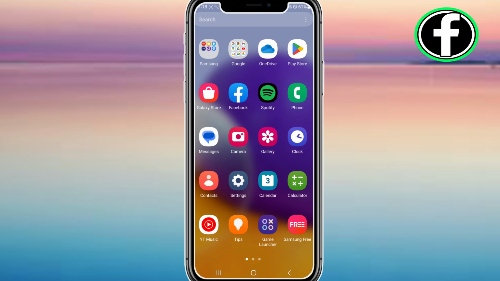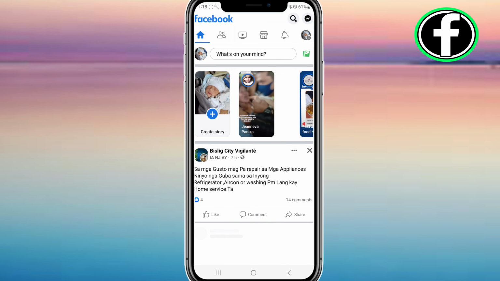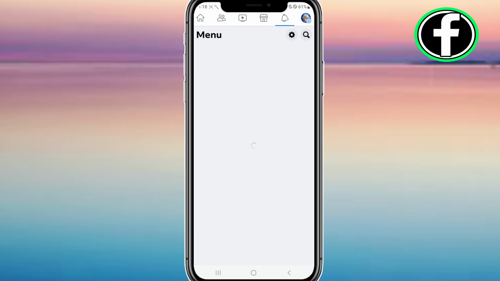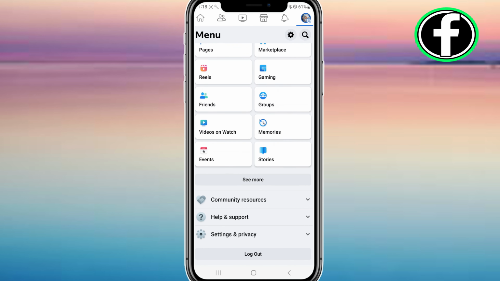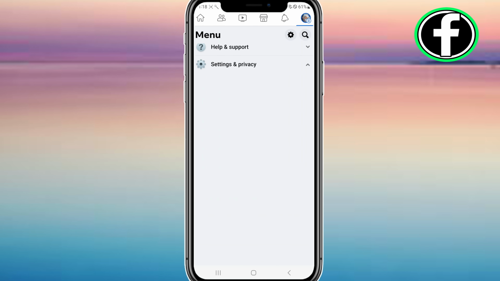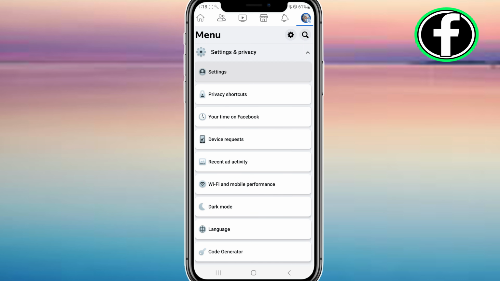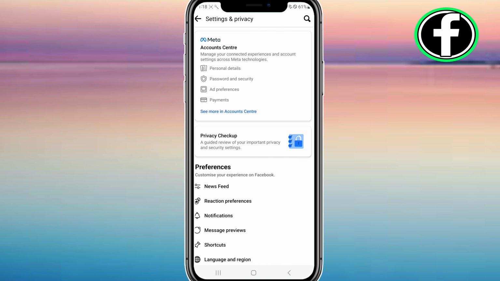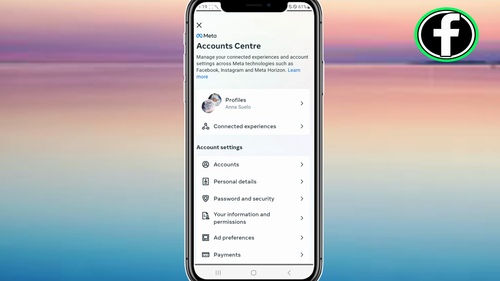First of all, open your Facebook app. Click your profile picture in the top right of Facebook. Scroll down and select Settings and Privacy. Then click Settings. Now on this page, right on top, let's go to Account Center and then click on Personal